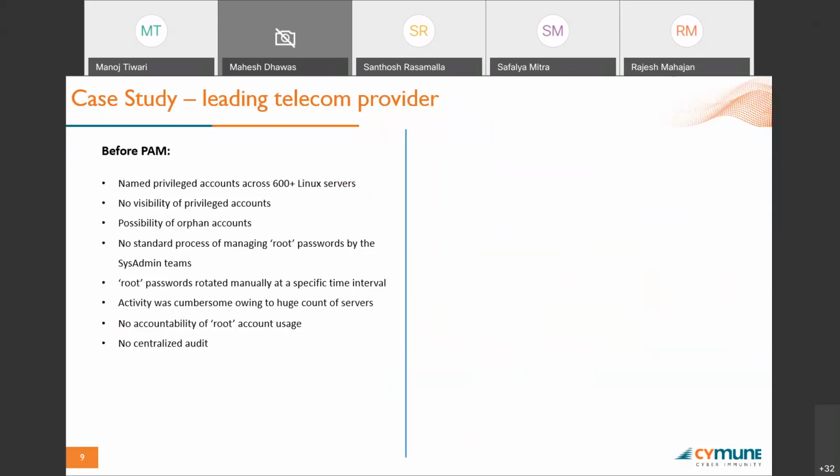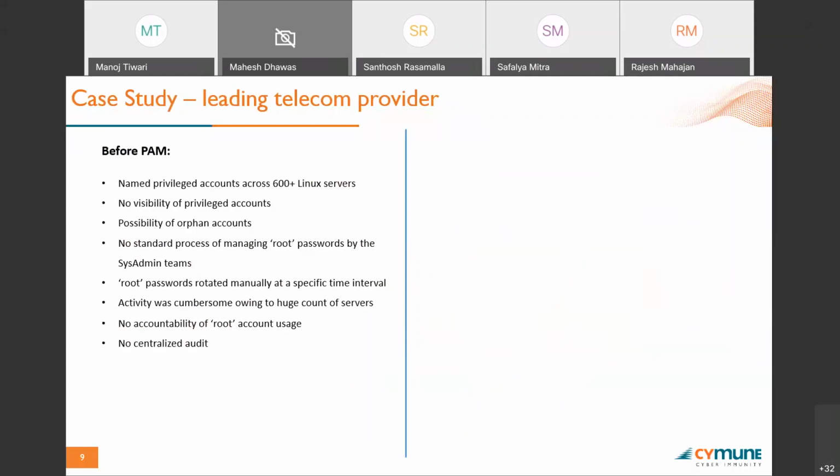You can imagine how many accounts you would have created in 600 odd servers. And also we found that most of these accounts were orphan, in the sense that these people were not in the system. They already left the organization, but their accounts were still in the system, and it was not in a disabled state. And also they didn't have the proper automation mechanism where they can rotate the root passwords